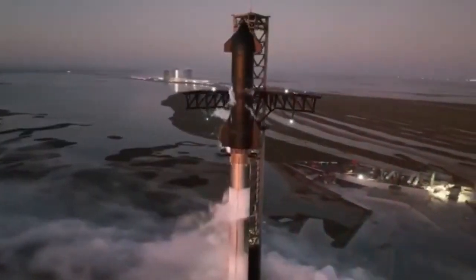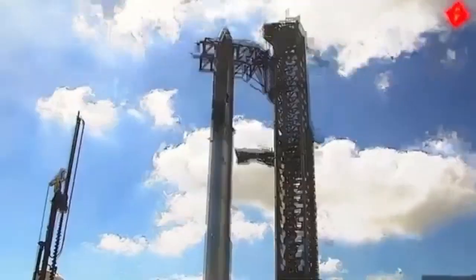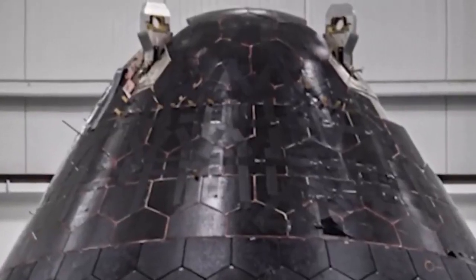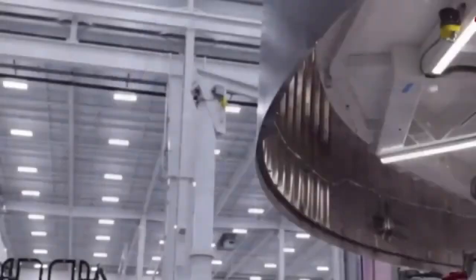Rodriguez proposed the concept of a transpirational cooling system, where thousands of microscopic channels within the steel tiles would allow coolant to flow through, dissipating heat as it built up. This design wasn't just innovative. It was revolutionary, combining the durability of stainless steel with active cooling to create a system capable of enduring the